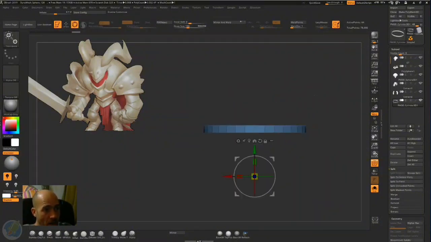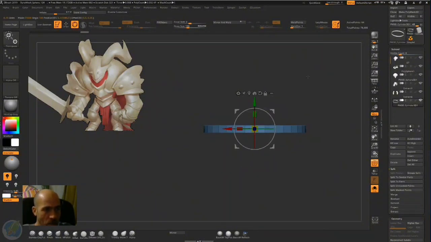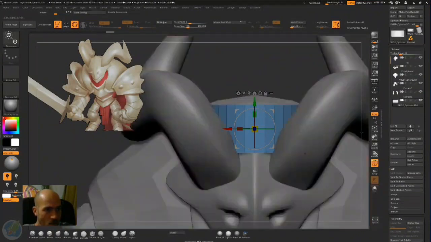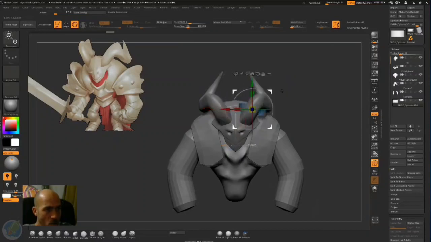And now we have this, and now I press W to get my pivot. And if you want to center your pivot to the unmasked part of your model, now everything is unmasked, so to center to the model, just press Alt and this button here, this one. Go to unmasked mesh center. So Alt, press it, and it will go to the center, which is very convenient. Now when it's on the center, we can just drag this green slider to make it bigger. And then solo, disable. Now we can move it to the side,